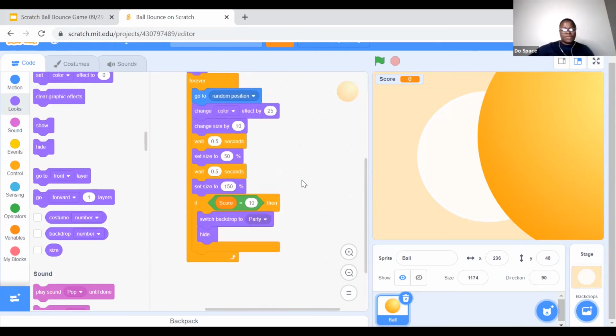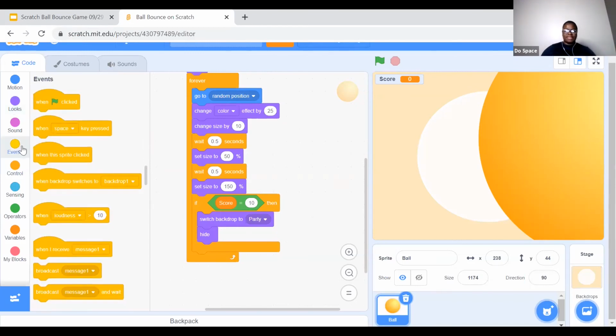Awesome. So now I'm sure you guys have a very burning question: we already set our score and we need everything else, but there's no way to click on the ball and make the score go up. I have a solution. And can anybody guess before I tell you, can anybody guess what my solution to making that happen is? Okay, so the first thing to do is go into the events tab, and when the sprite is clicked,